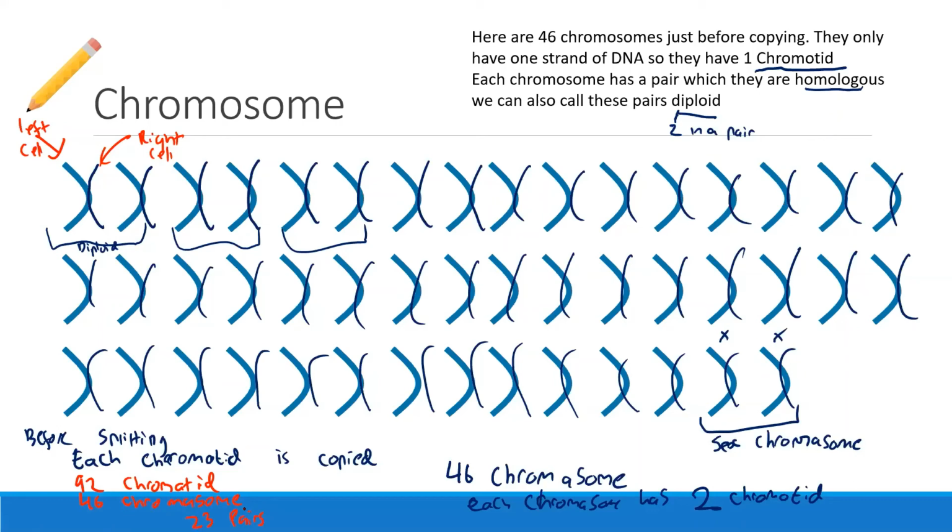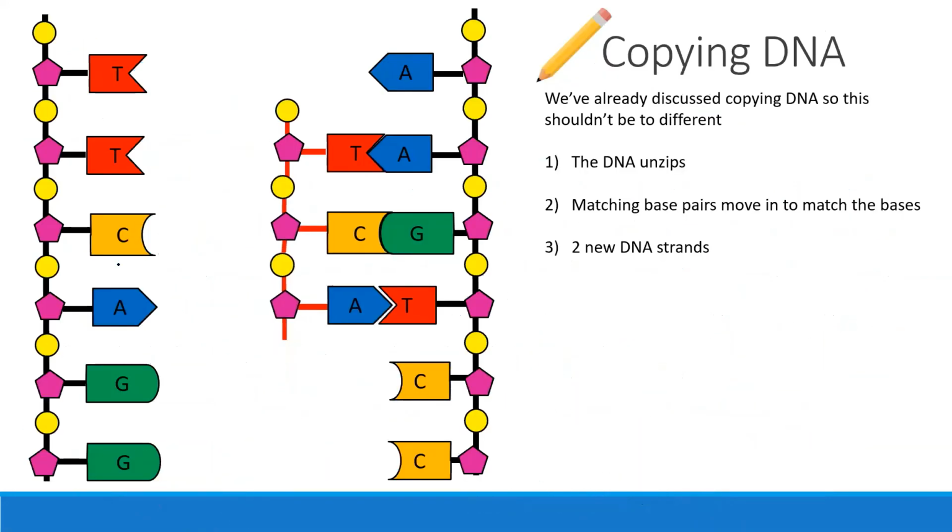That's why these make these weird X shapes. By the way, there is a technical term here. This part in the middle where they join, it's called a centromere. But you don't need to know that. So I'm just going to get rid of that because I don't want you to get more confused than you have to be. But yeah, it's called a centromere. And that's how we use to count them. The reason I can count there are 46 is because there are 46 X's. There are 46 crosses, and each cross is made up of 2 sides. Okay? That's it. That's all I had to explain about,